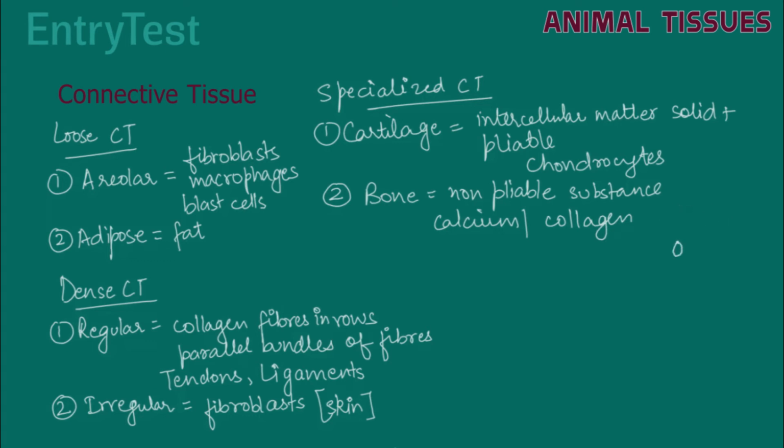So I'll be drawing a rough diagram over here. So here we can see the diagram. That's the main cells that are shown. Now these bone cells are known as osteocytes. These little bug-like things that you can see, that is one osteocyte, and they're present in spaces known as lacunae or lacuna,